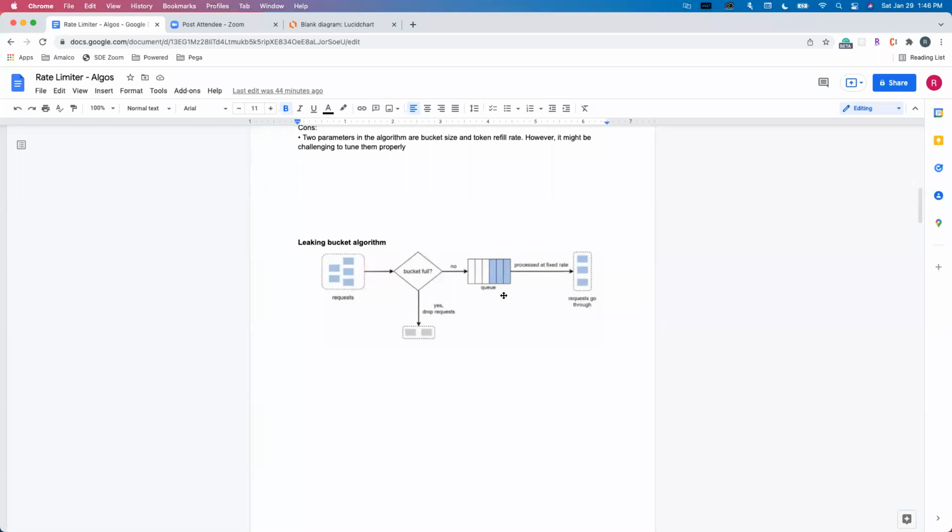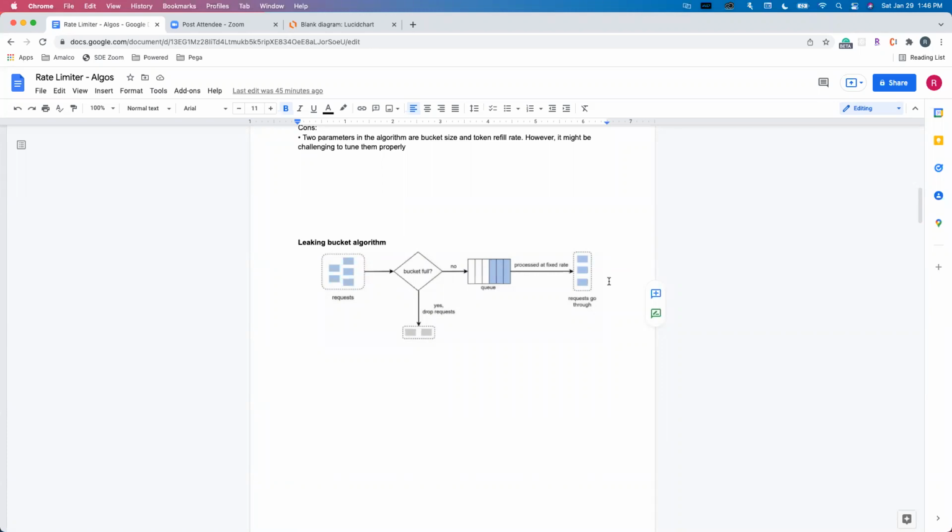In the first one, you have the bucket, and you put tokens in the bucket, and when a request comes, you pick a token from the bucket. In the leaky bucket, you can think of it like this: instead of putting tokens in the bucket, you are putting requests in the bucket, and you are pulling from that bucket. So in the first case, 5 requests at the same time can each pick a token and get processed in parallel, which is not possible in the leaky bucket. Here you just fill all the requests in the bucket, and your business logic pulls the requests from that bucket